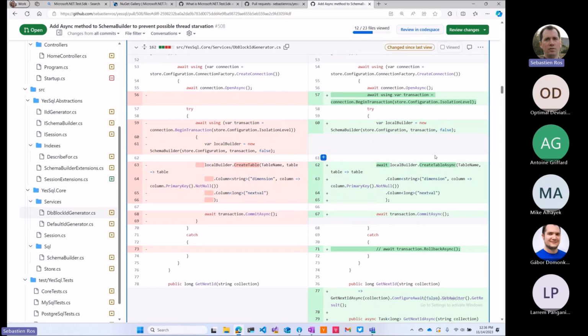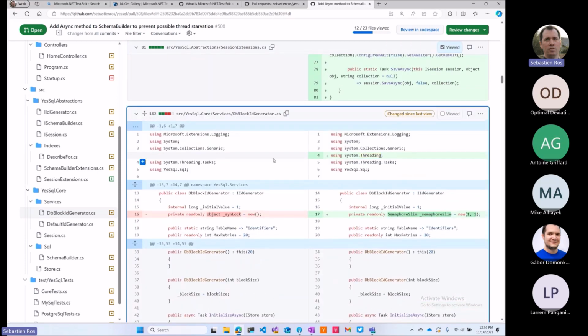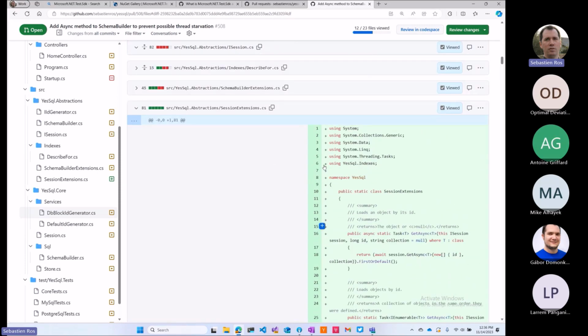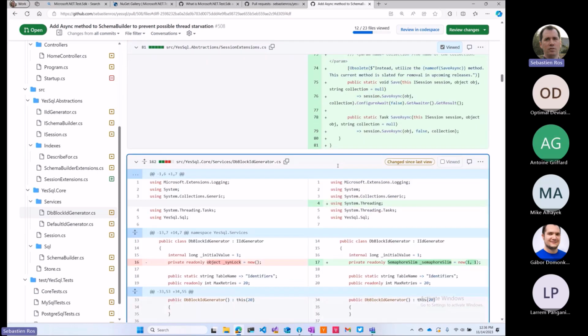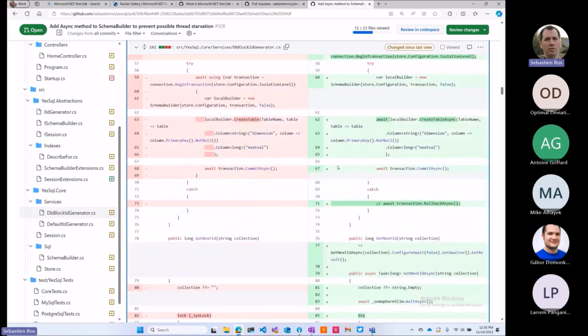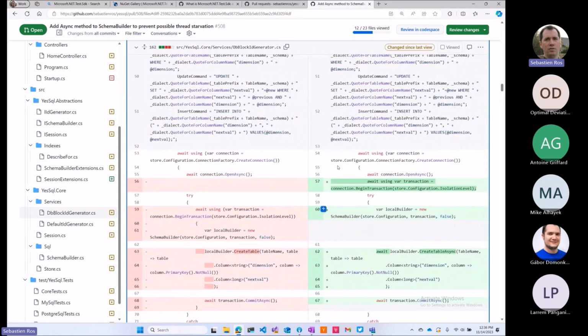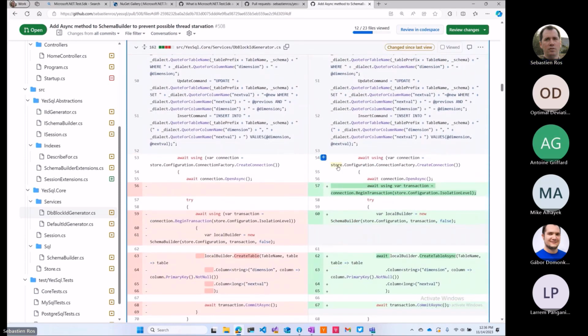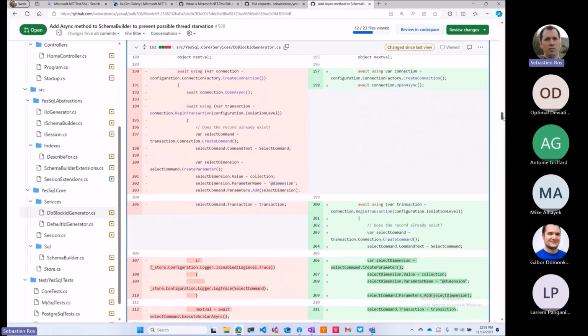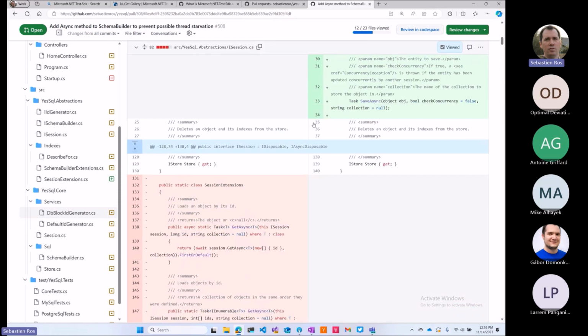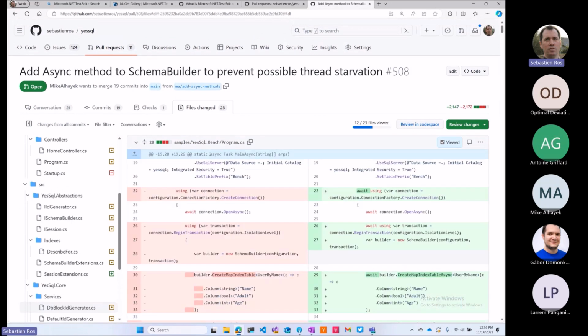So that's the idea, and that's why the API has to change to be all async. It has some perf impact for the common cases where there was no database access and everything was synchronous. But at least it will never fail your app. That's the idea. So all these changes here, and then if we look at a sample app here,